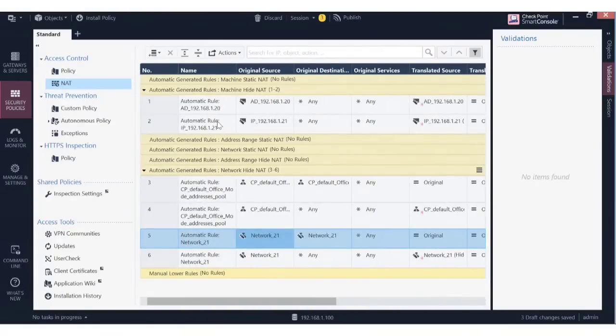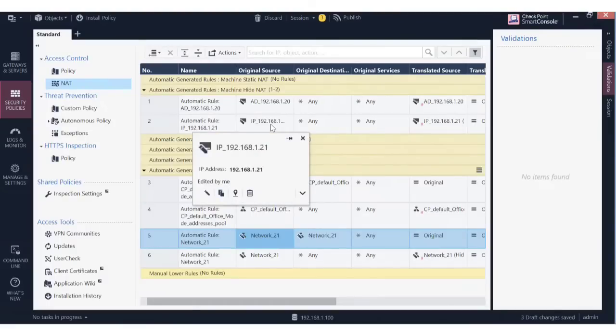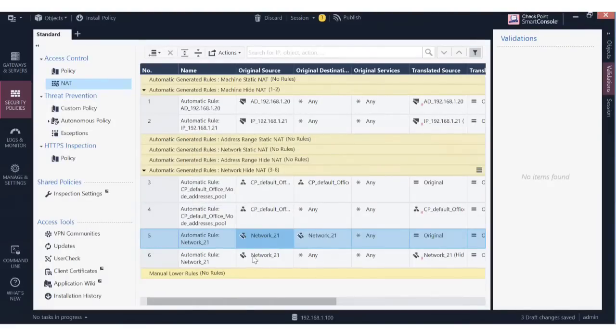Okay. So for a single object, one rule gets created because there is no need for translation. This IP address will not be modified anywhere, and that's why only one rule is created here for the network. If you see,